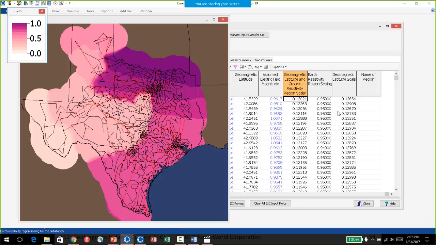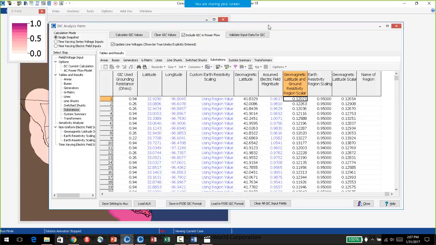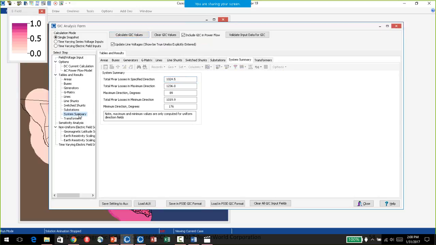And then if you wanted to contour just these specific alpha and beta scalars, you can do that too. So that's that. And then, of course, once I calculate the values, I could go here to the system summary and see that 89 degrees is the worst case direction.